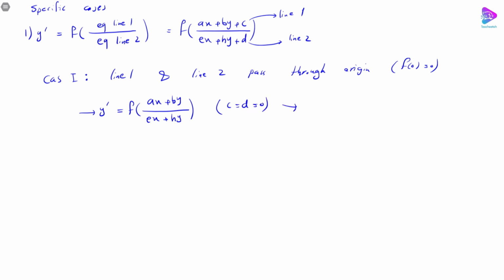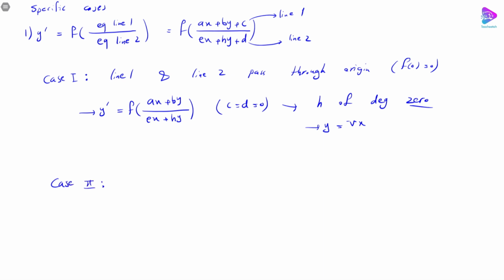Then it is homogeneous of degree 0, and you already know how to solve it. That's what we went through in the last lecture. So we simply do a change of variable y equals vx. However, the next one is what we are very interested in, which is